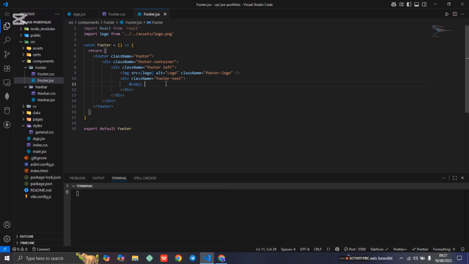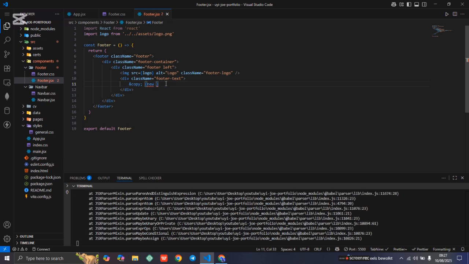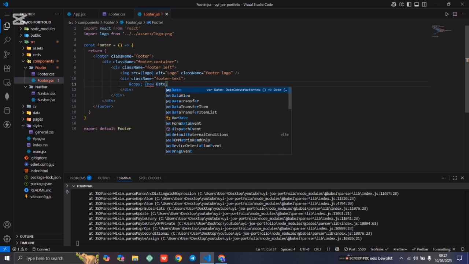And after copy I'm going to write a dynamic code. You can just say 2025, but I want to make it dynamic so that even if I am not here, I cannot be coming to the website and be changing it every time. So I have to make it dynamic that once the year changes to 2026, the website will just change to 26 immediately. So I'll write this code. Oh, that was a mistake. I'll write this code. New date. New is a function for date. New date